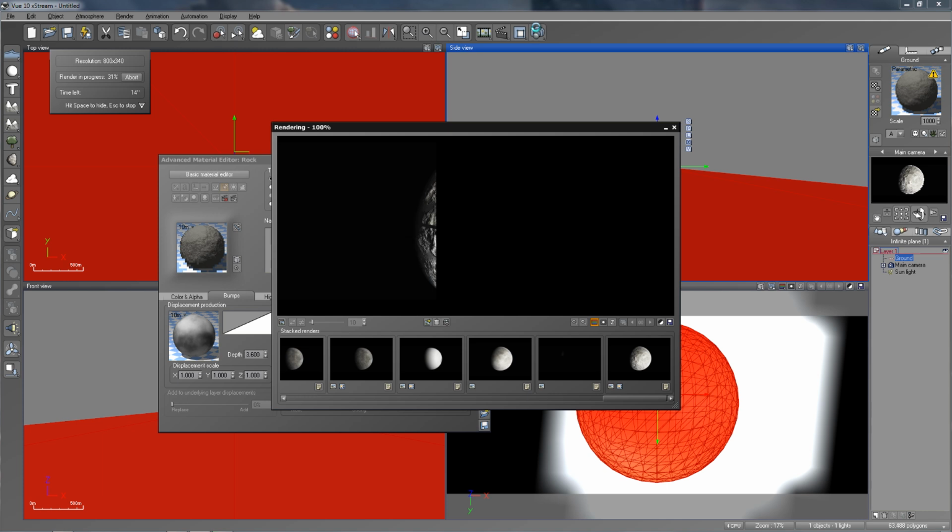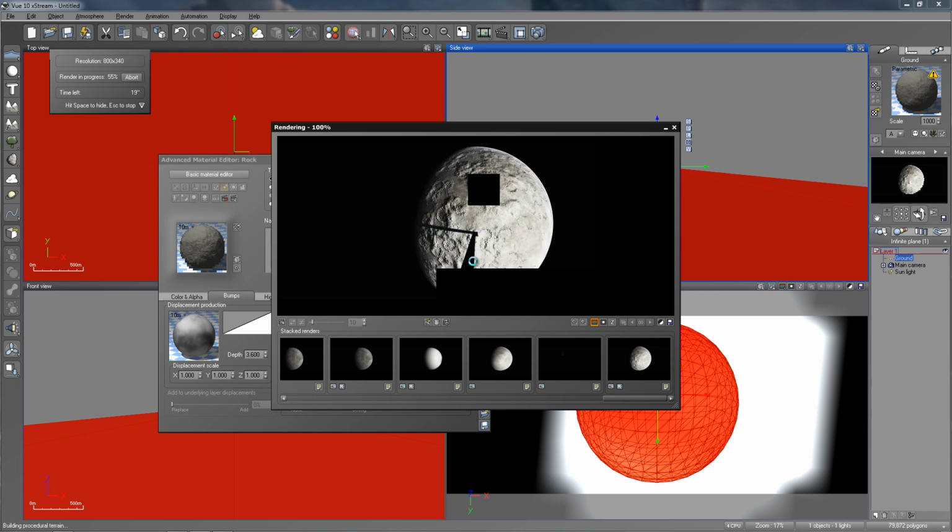Looks good. Maybe a little too much bump. You can see some shadow artifacts in there right now. So that's no good. Right here. I'm assuming this is being displaced and it's so high up there that it's